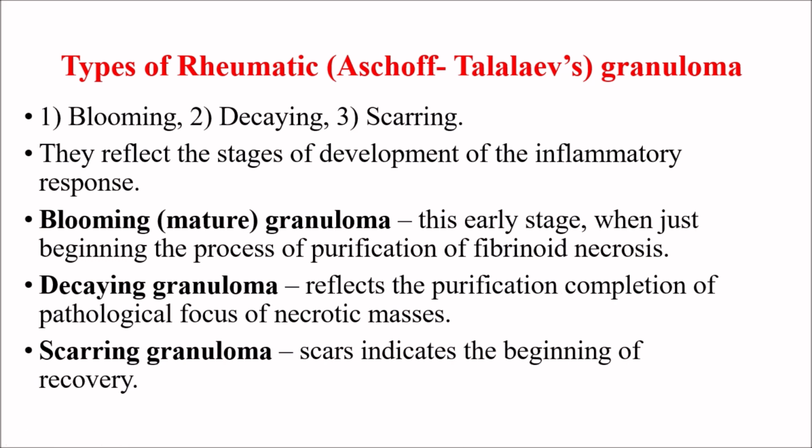There are three types of the Aschoff bodies, or the Aschoff-Talalaev granulomas, or they are also the stages of the development of these granulomas. First, the blooming or mature granuloma. This is the early stage, when just beginning the process of purification of fibrinoid necrosis. Then, the fading granuloma reflects the purification completion of the pathological focus of necrotic masses. And finally, the scarring granuloma, the scar indicates the beginning of a recovery,